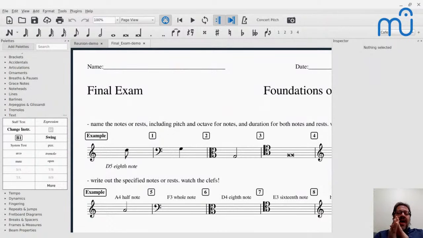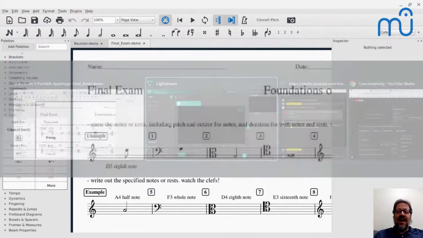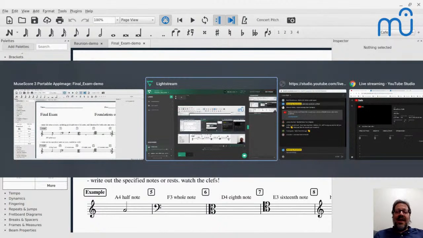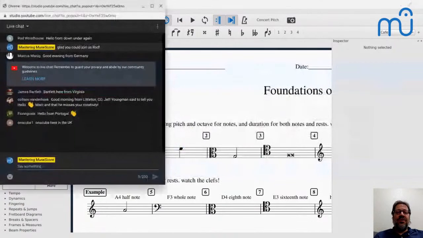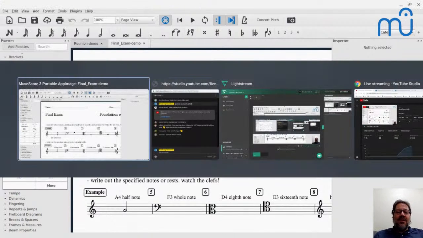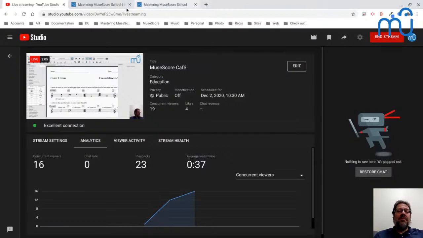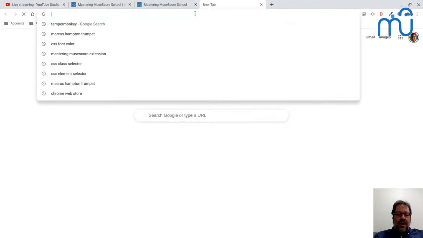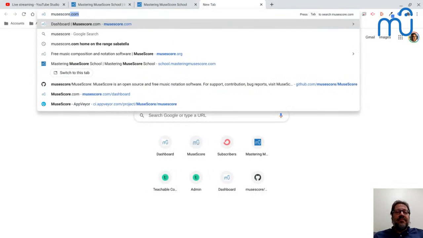So the We Gather Together thing was just a lot of fun, and since I see a couple people here who did participate in that, I want to give you a shout out and thank you so much to those of you who did participate. What I'm going to do actually is go to musescore.com and show you what I have now done.